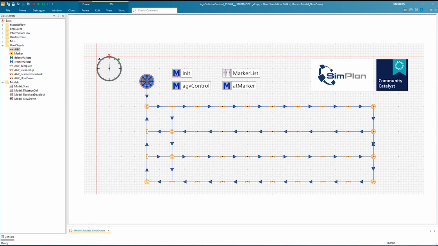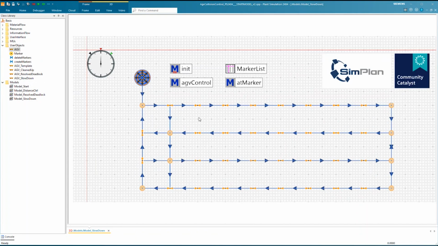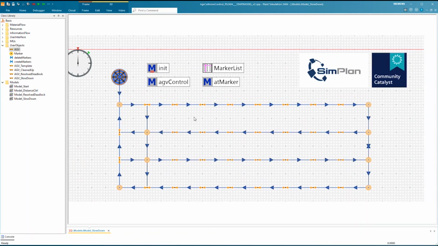Alexander, thank you first for your talk. Very interesting. I've been working with AGVs for a couple of months now, and I had the problem that when one AGV was standing and another was driving by, and the standing AGV was basically turning around, they started to call the control a couple of thousand times at a time, and the model was going really slow. How can I prevent that?